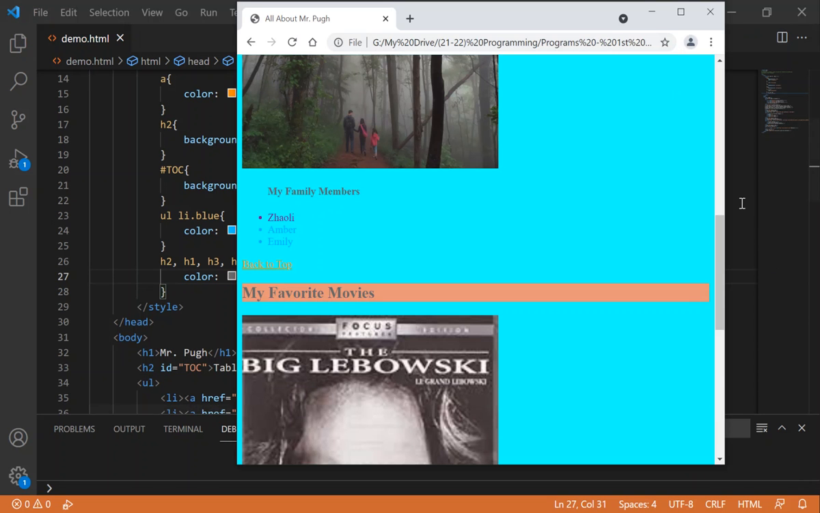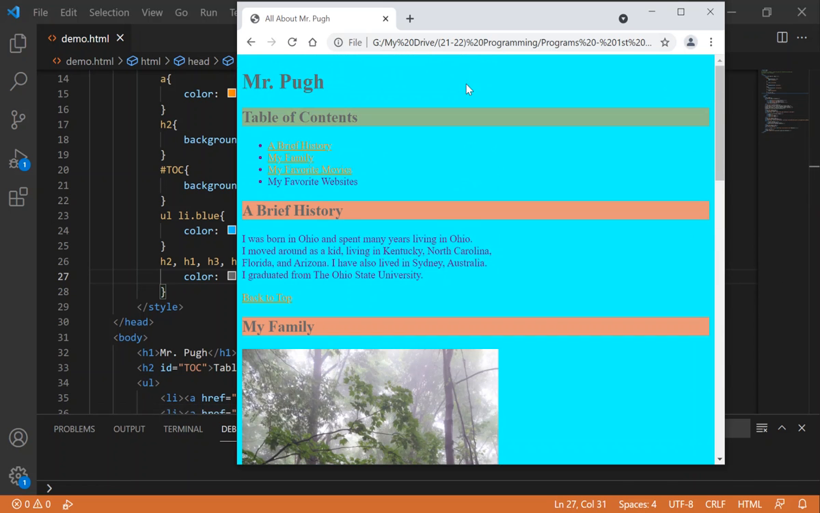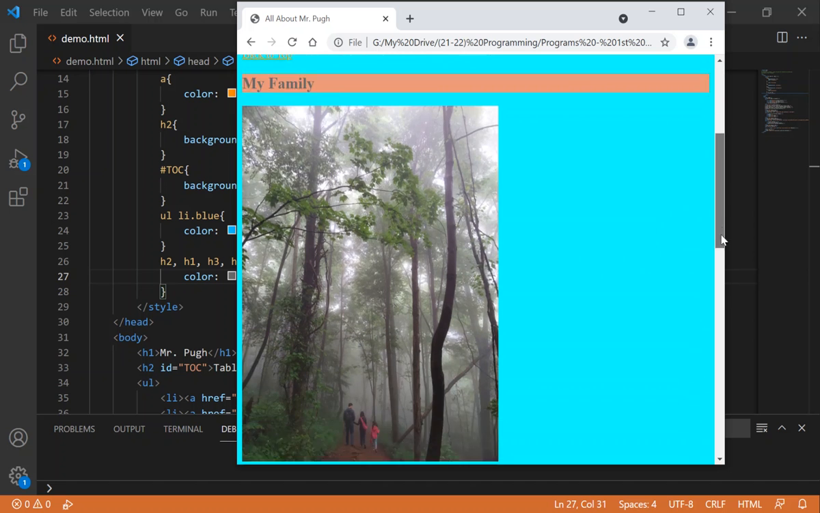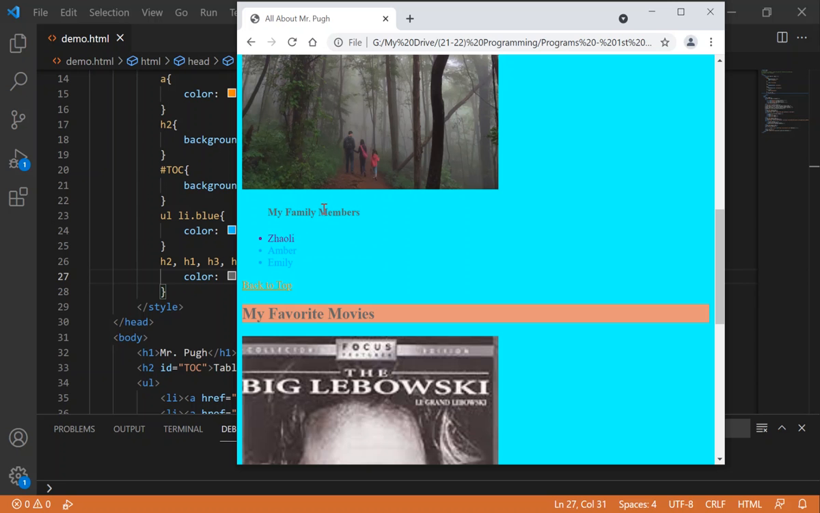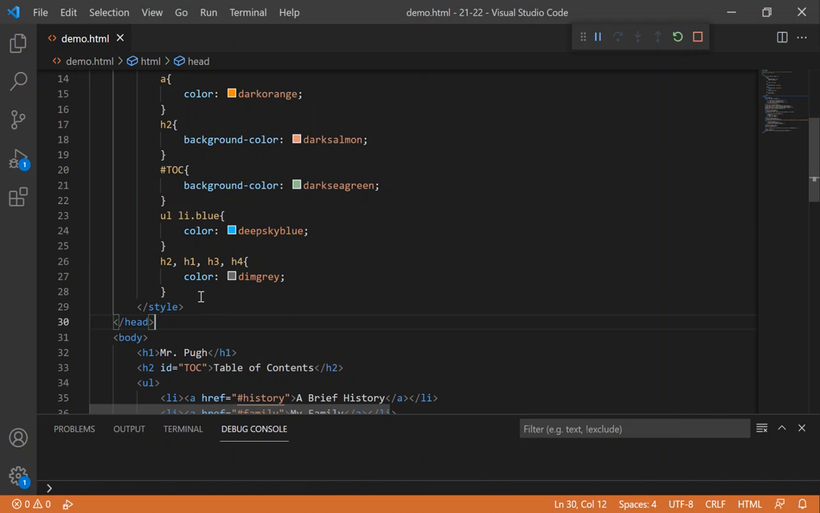And now you see when I scroll up here to the top, this is a heading 1, it's dim gray. This is a heading 2, it's dim gray. Heading 2, dim gray. Heading 2, dim gray. And we'll come down here to my family members. I think that was an H3 or an H4, and that becomes a dim gray. So you see one rule rules them all. H2s, H1s, H3s, they all get this rule, and I only had to write it one time because I used